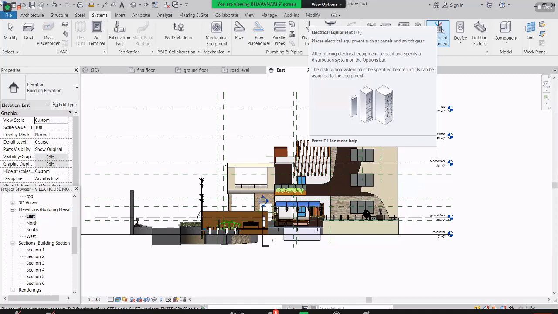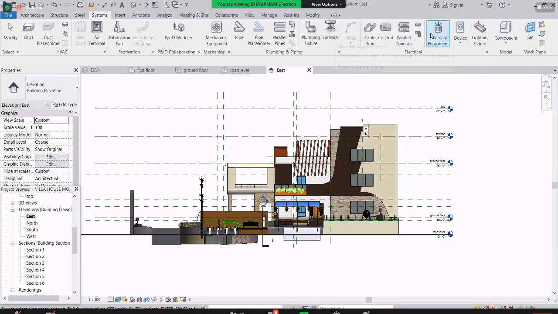Some beam will hit the column, and some column will not go straight but with a bend. But if you go for a 100-story building, how can you manage all those issues? Everyone plays a vital role, like the electrical engineer and the mechanical engineer, and everyone needs to make their drawings properly. That's why Revit mainly comes into the picture when you go for huge projects.